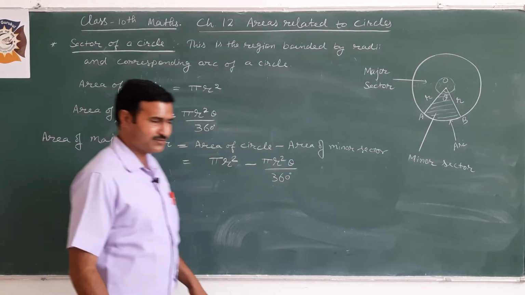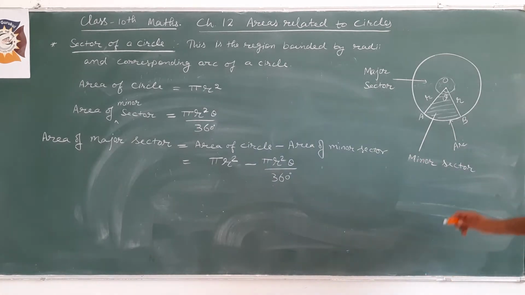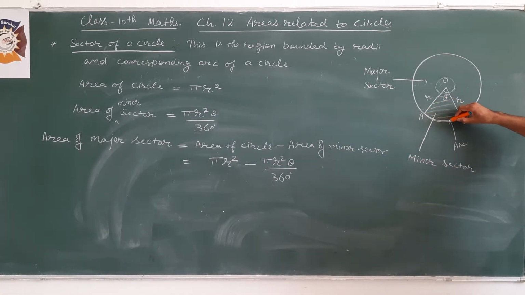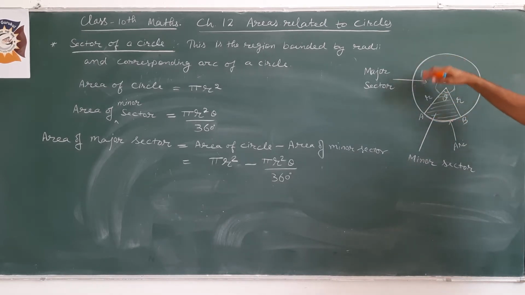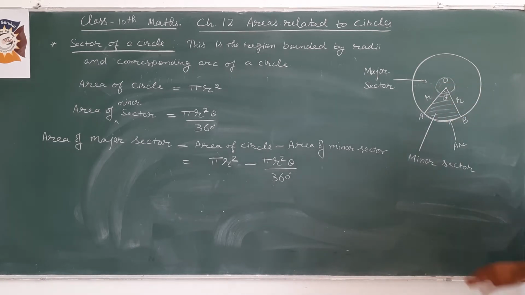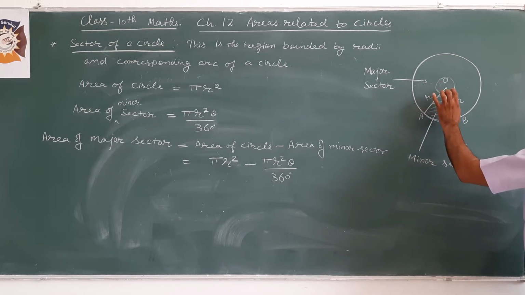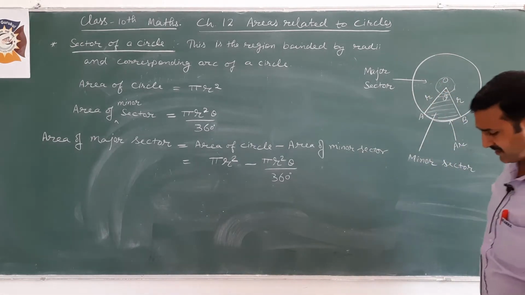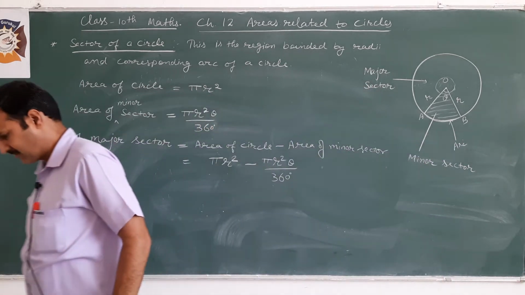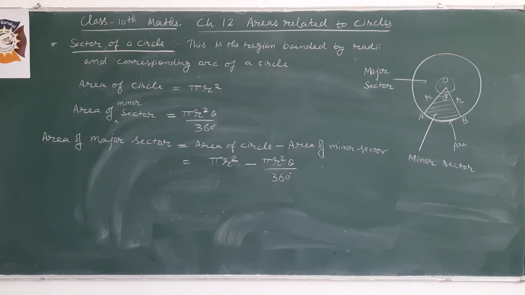Now, if we have to find the length of this arc, this AB arc, we know the length of complete circumference, or the perimeter you can say, of the circle is 2 pi r, that is the circumference, and we have to find the length corresponding to this angle theta only. Then similarly for 360 degree the length of the circumference is 2 pi r, for theta angle that is 2 pi r theta upon 360 degree.